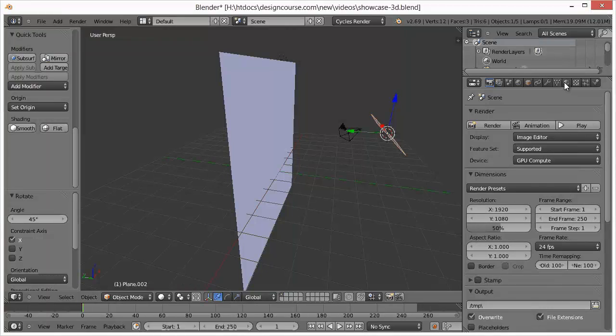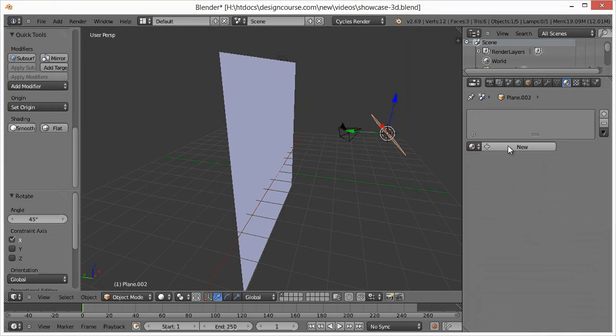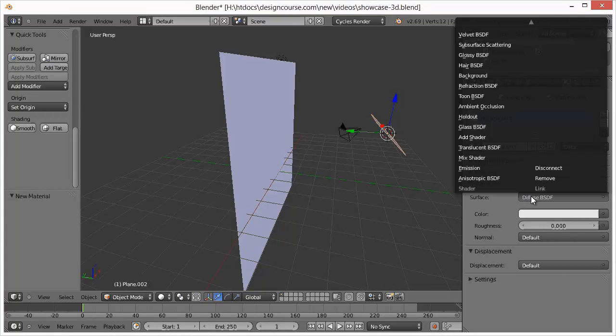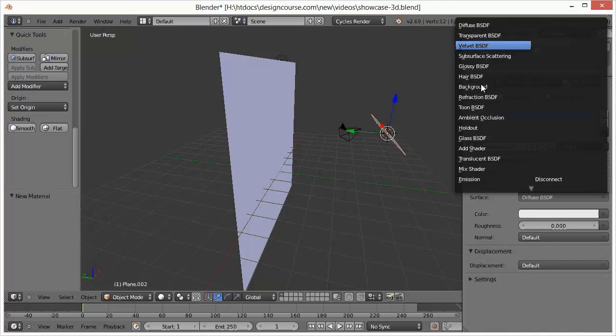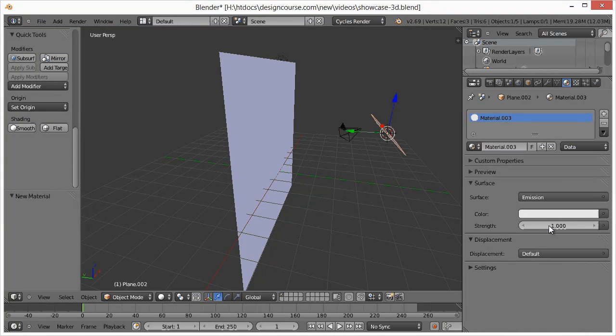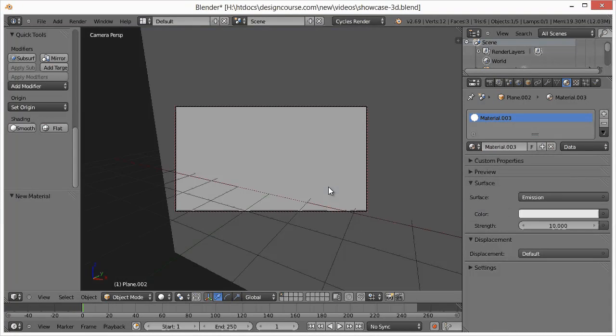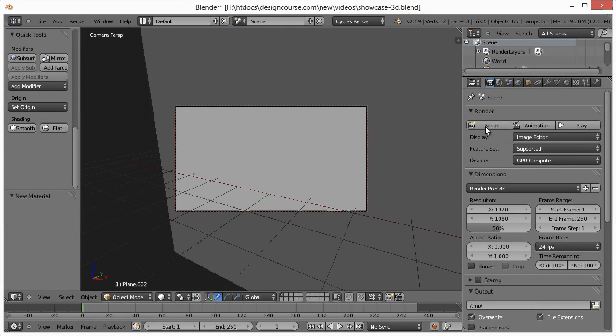All right, so over here we're going to give it a texture or a material, and hit New, and we're going to choose Emission, which is right there. So emission, we have a color option, and I'm going to leave it at white, and strength, which is 1, which is kind of not very strong, so I'm going to choose 10. All right, so if we hit 0 on the number key, go back, and we hit render,